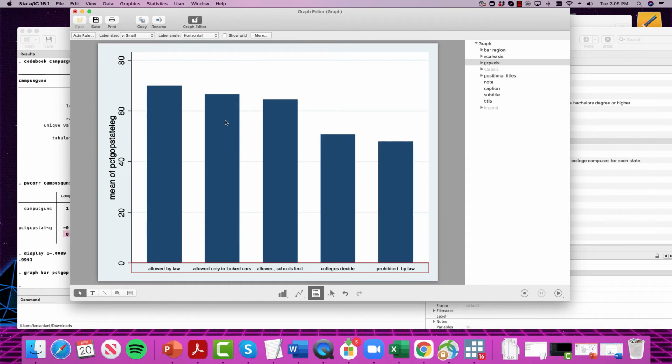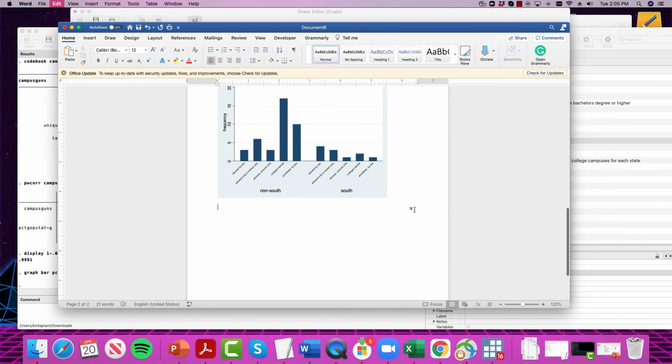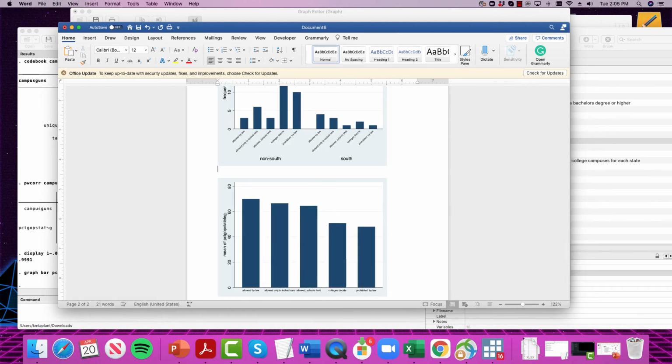So we see a nice decline here, a negative relationship that shows as this variable increases, this variable is decreasing. So I would totally copy this and I would go to my Word document, and that is a great one to include in the research paper. Again, don't forget, sometimes your variables might not have these nice labels, and it might be kind of confusing what they stand for. So we just want to make sure we remember figure 3 is